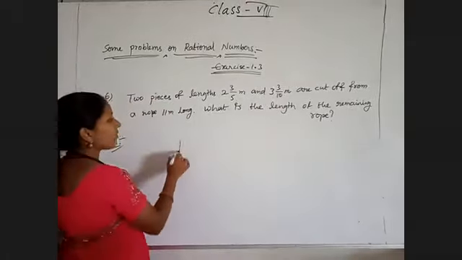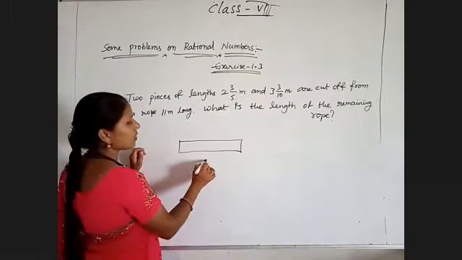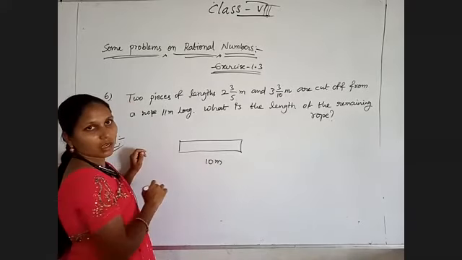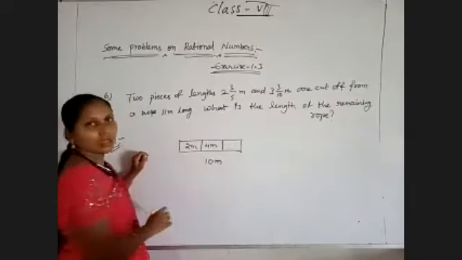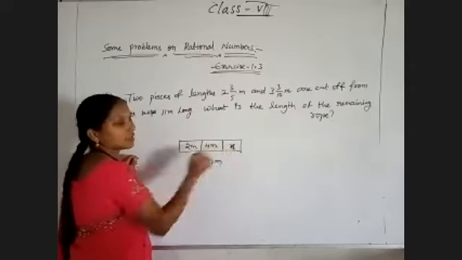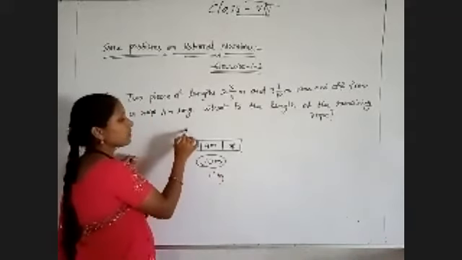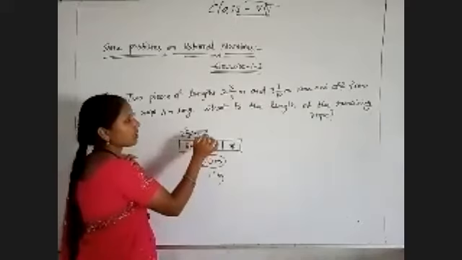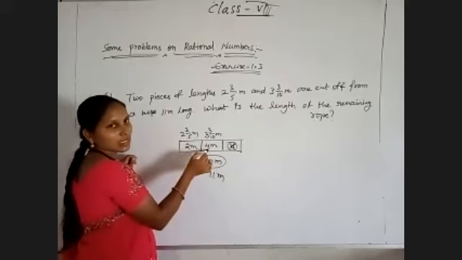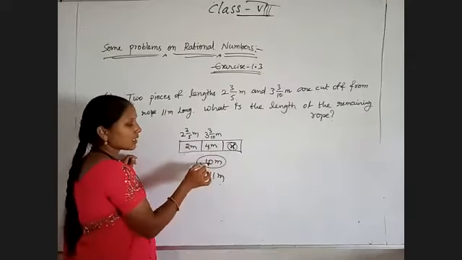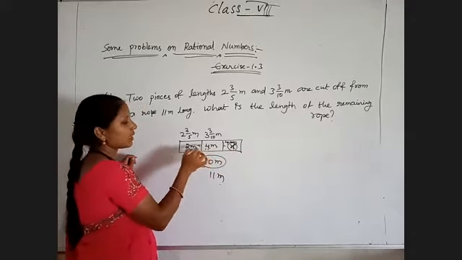So suppose I have a stick, okay, and total length of the stick is equal to 10 meters, for suppose. Now I have divided 2 meters. Okay, now what is the remaining length? That is the question. Here, length of the rope given is 11 meters. One part length is 2 3/5 meters and other part is 3 3/10 meters. Now I want to find out this missing part. Here 2 plus 6, 6 plus 4, again 4, 8, 8 plus 2, 10.